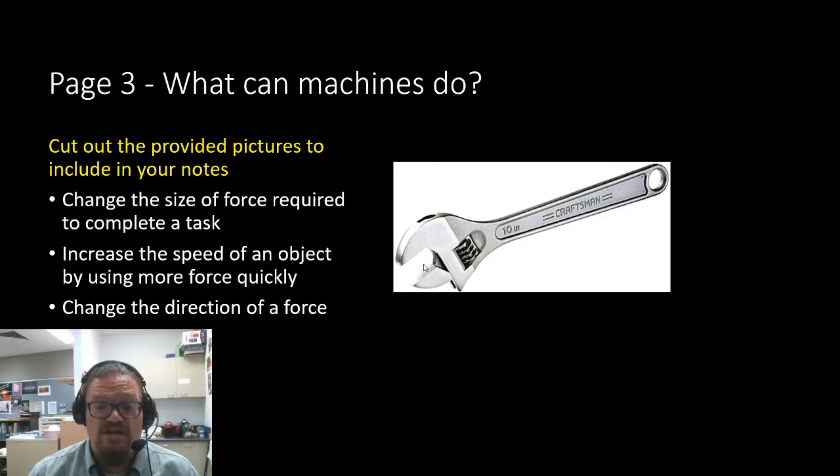Okay, and here's another example of changing a force. You've probably seen these in the workshop. This is used to put a nut onto a bolt. Now the force you're going to apply is the nut is going to push down onto the thing. But to make it a lot easier, we're going round and round and round. And then to make it easier again, rather than trying to turn the little nut here, we extend the arm